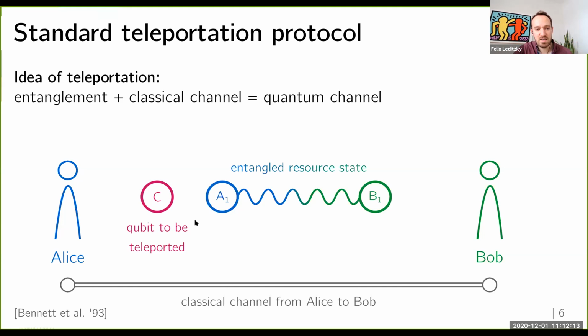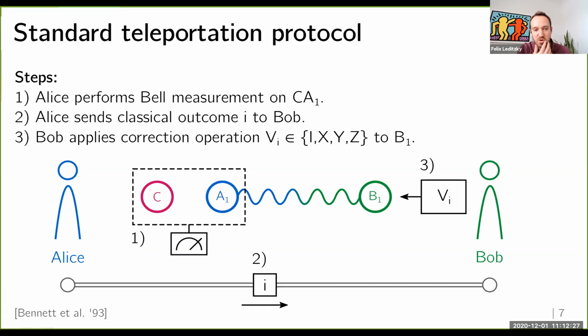So Alice has a third qubit C in her possession. She doesn't know the state of this qubit. And she wants to teleport that qubit to Bob using the entanglement and the classical communication channel. And the way the standard protocol works is in 3 steps. So first, Alice does a measurement on the 2 qubits in her possession. This is the A1 qubit, which is 1/2 of the entangled state, and